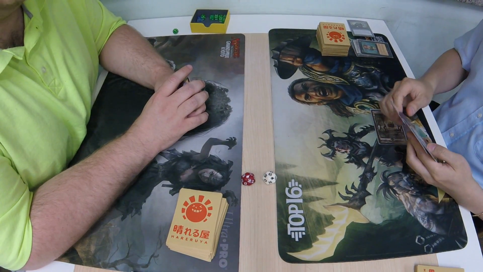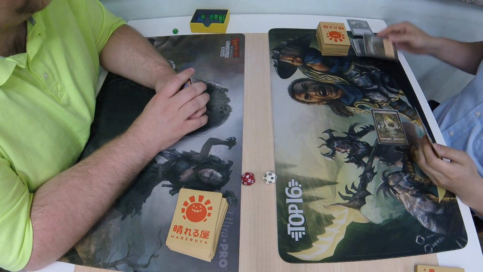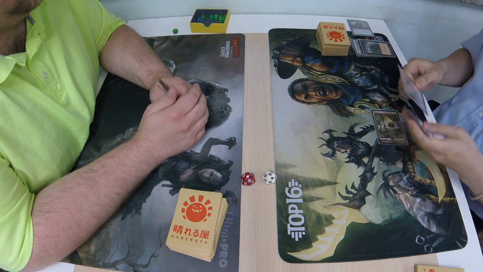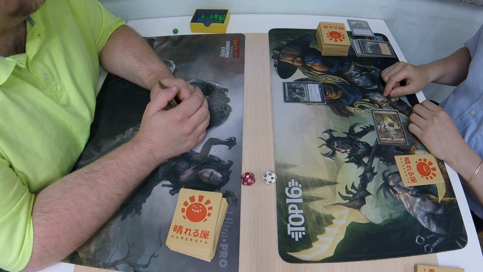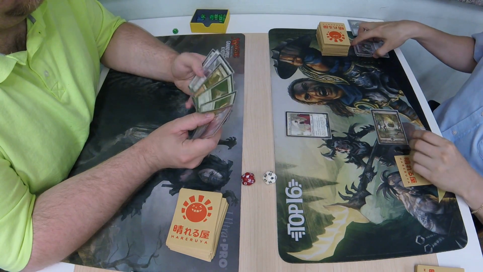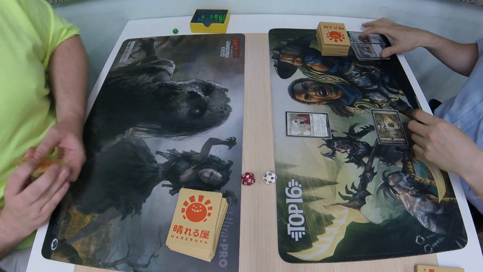Gets rid of the Elish Norn in his hand. Casts a Dark Ritual. We got 3 black floating. And I will use an Exhume to get Elish Norn. What does your deck full of tiny little critters have to say about that? He just, oh dear. Okay, so,